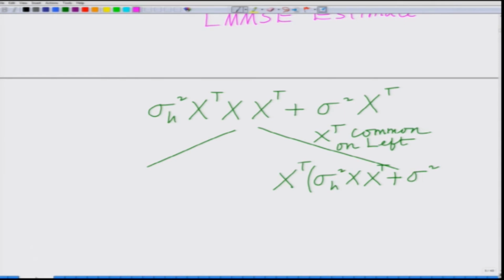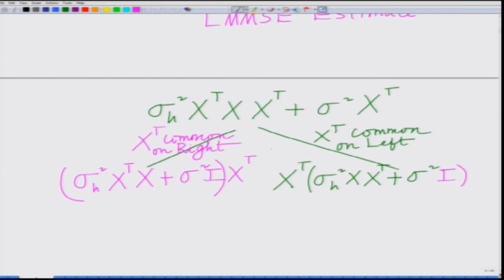Now I can also take x transpose common on the right. Taking it outside on the right, what am I going to have? I am going to have (sigma h square x transpose x plus sigma square identity)